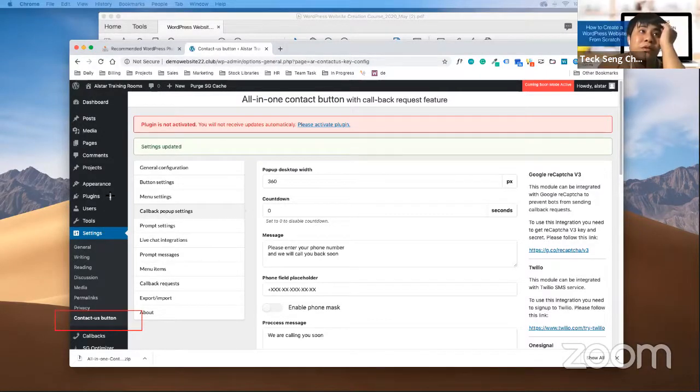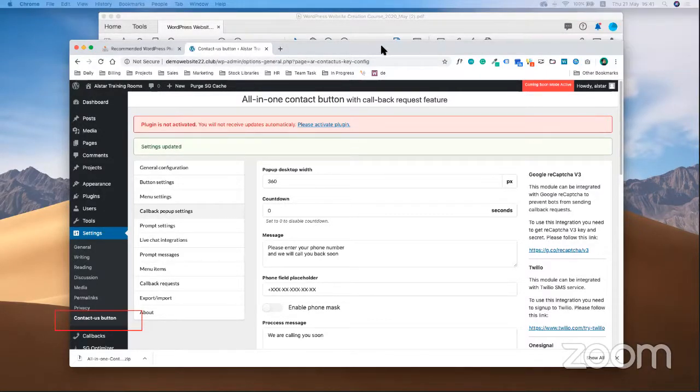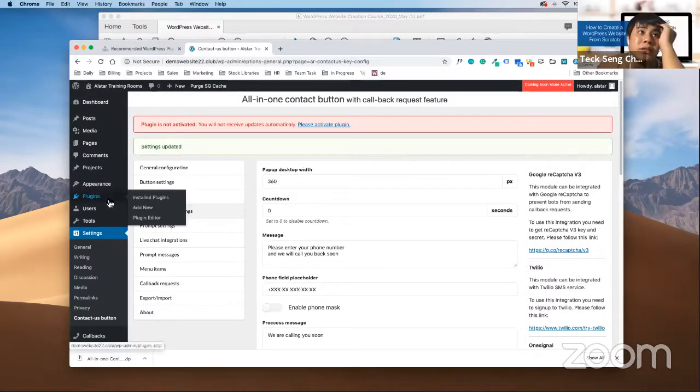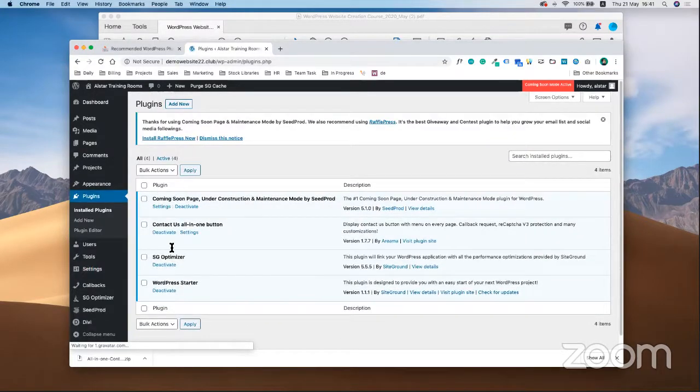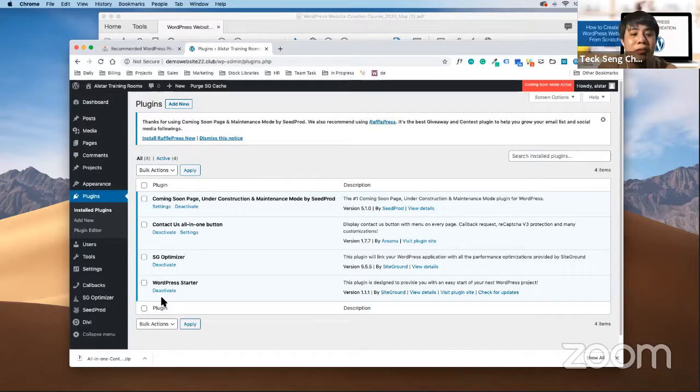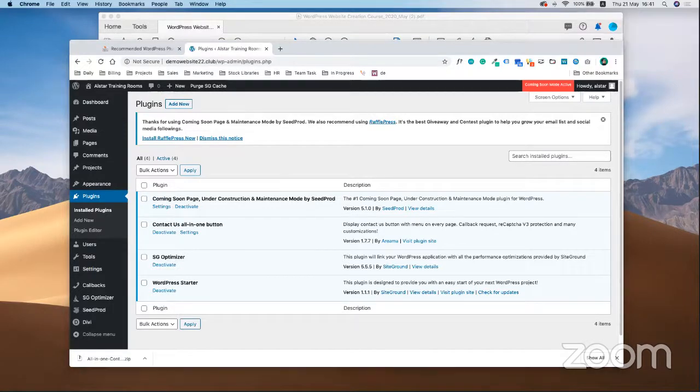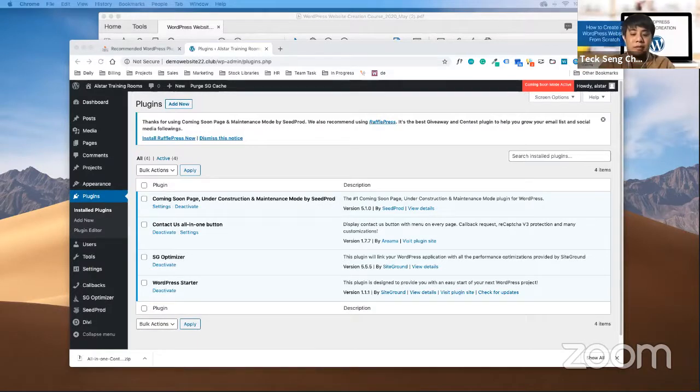Okay, then what you do is go under plugins. Click on install plugins. Okay, plugins, install plugins. Yeah, I'm there. Contact. Can you see the contact us button? Is it activated or deactivated? Deactivated already. So I activate again. Yes, correct. You activate first.